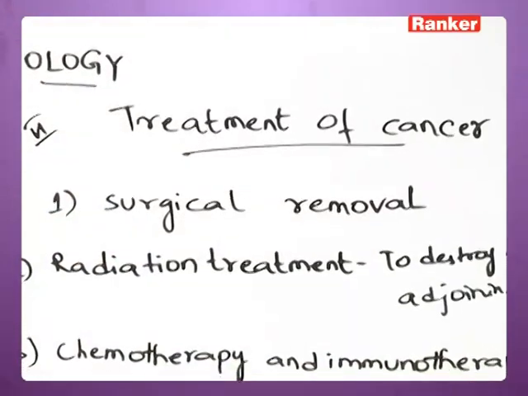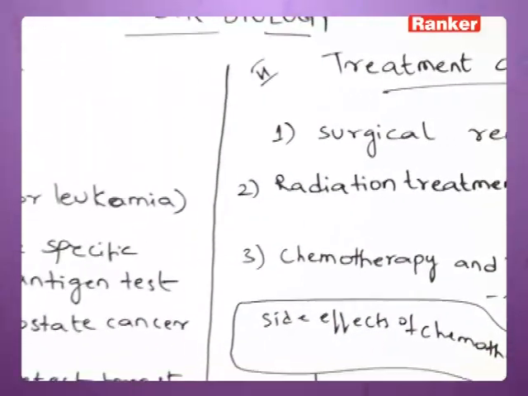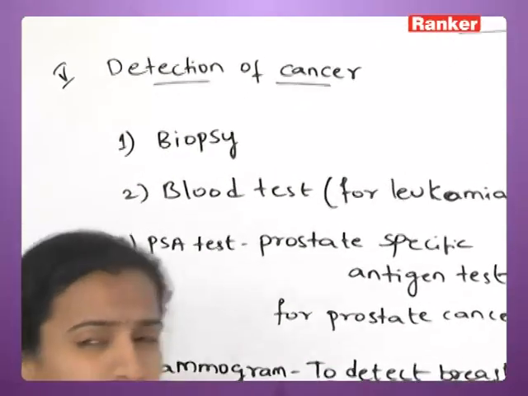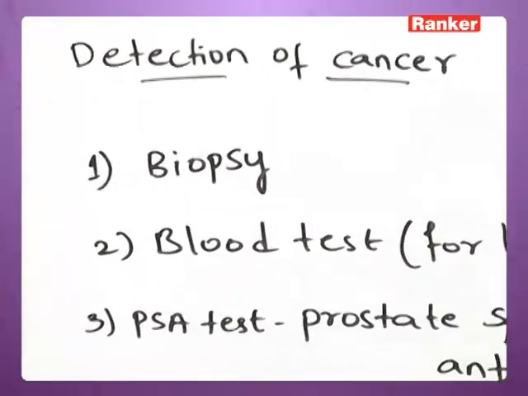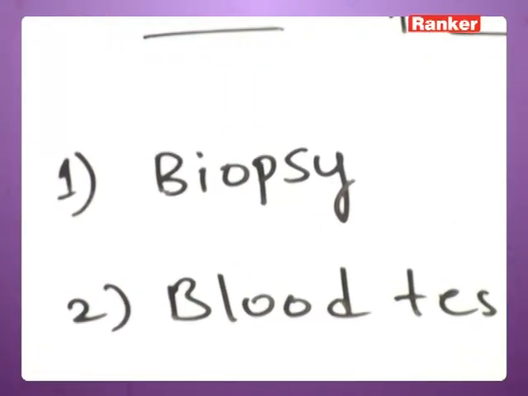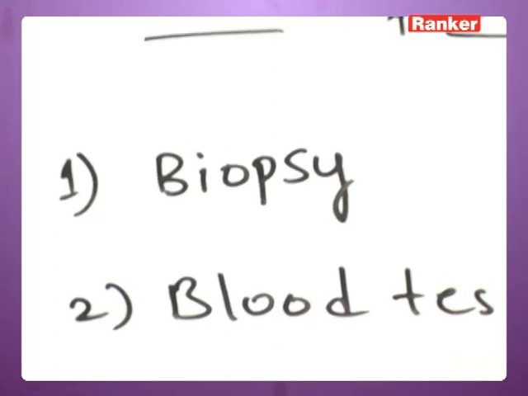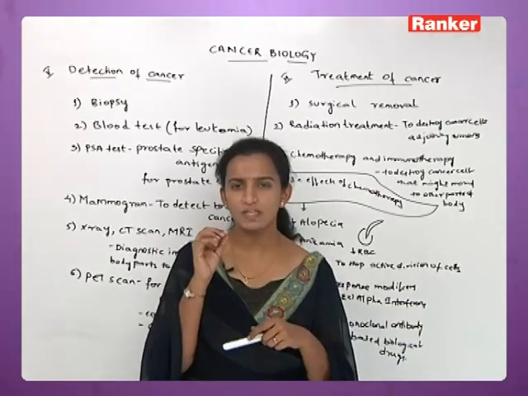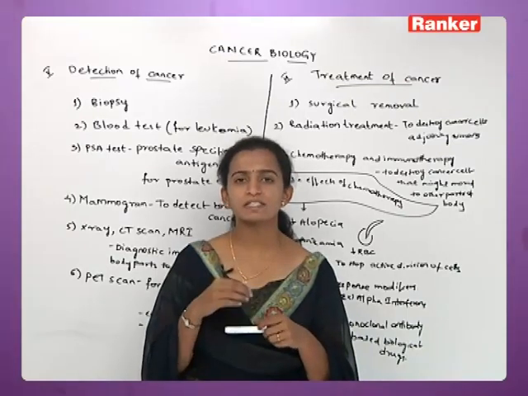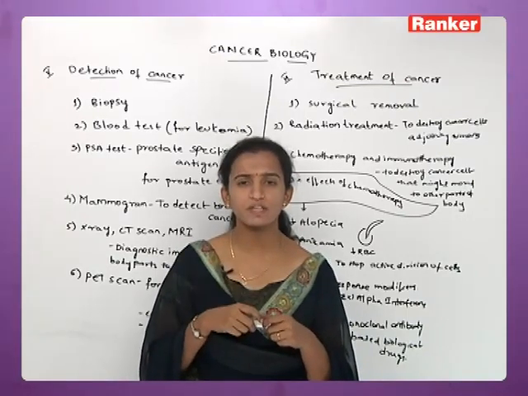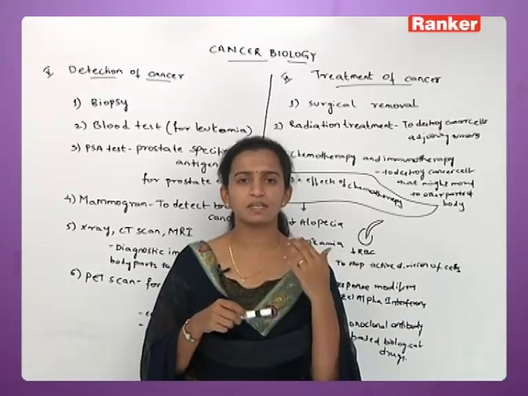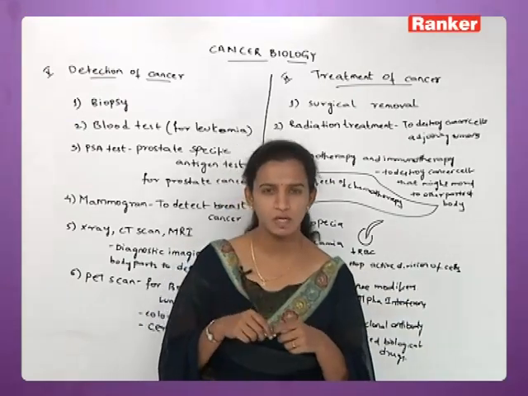While coming to the detection of cancer, the first thing is called biopsy. What does biopsy mean? Biopsy is a process where they take out a small part from your swelling, or wherever a tumor is present on your body, and send it to the lab. They see if there is a tremendous growth of cell division. That tendency of the cells to grow is nothing but cancer. So this process is called biopsy.